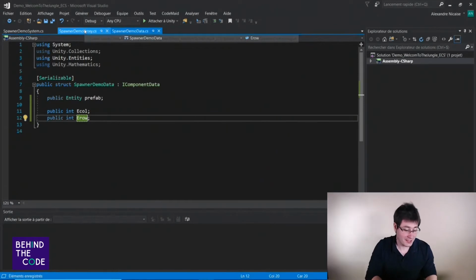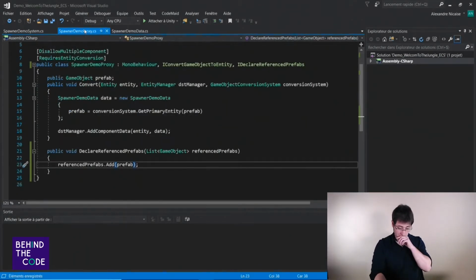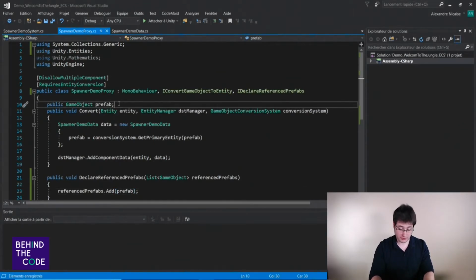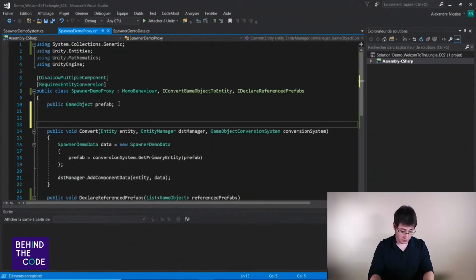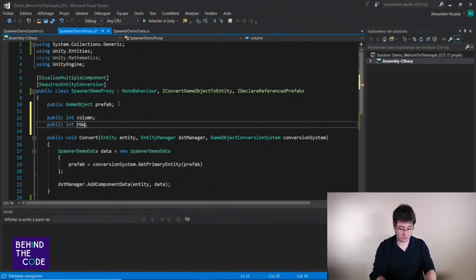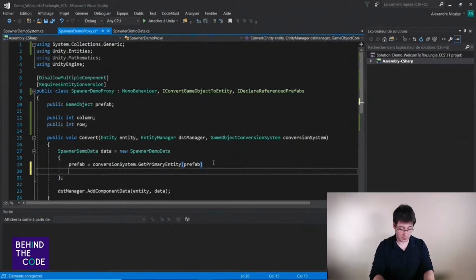Speak too much. Then in the proxy, I will add the number in the colon and the number in the row. So colon, yes, and in the row, so like that, and here I will put, and I forgot to put it in public.